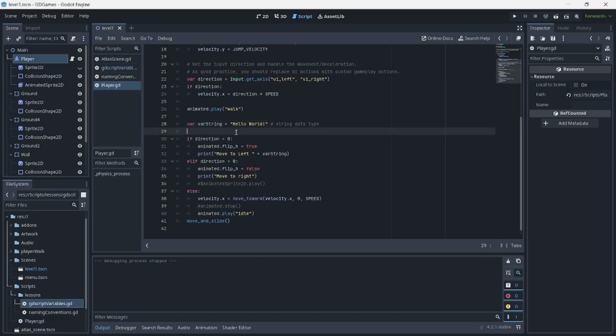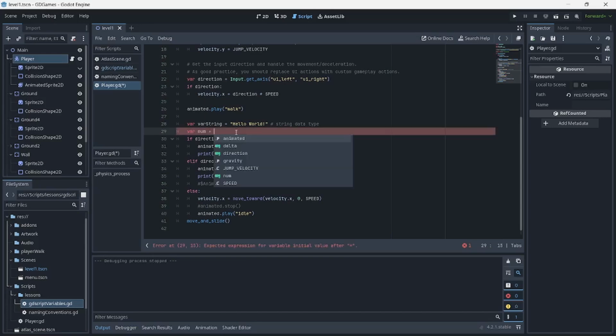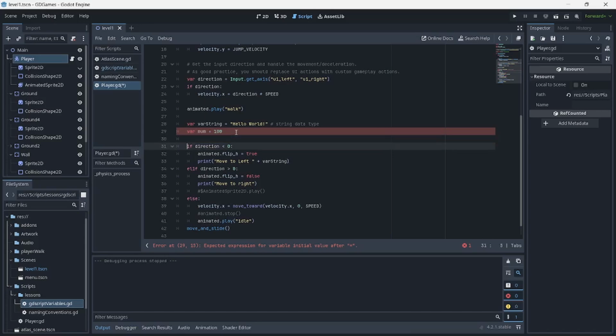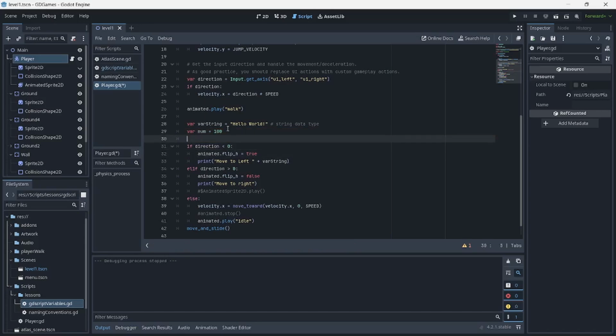We can also assign a value, let's say here, var num, and in here we would want to have a value of 100. Right now we are storing an integer.